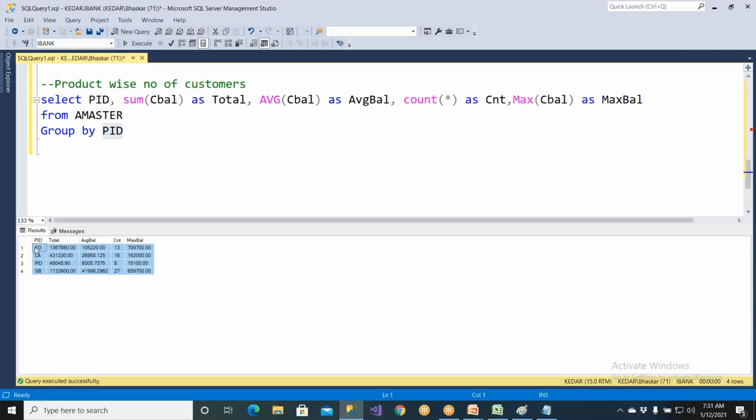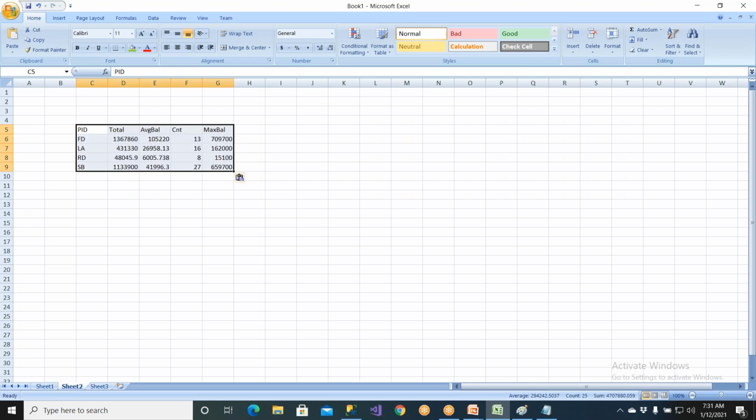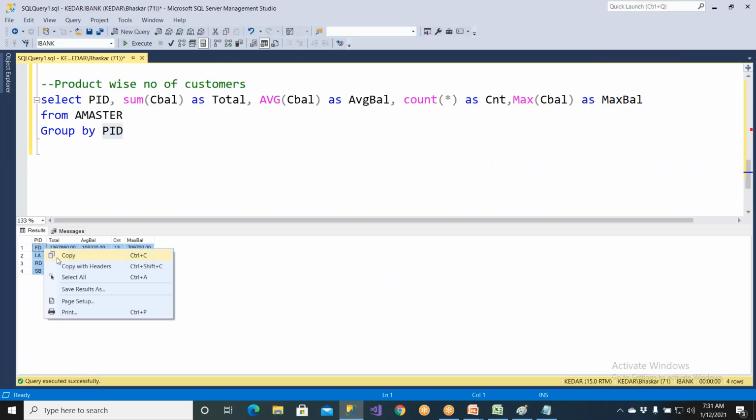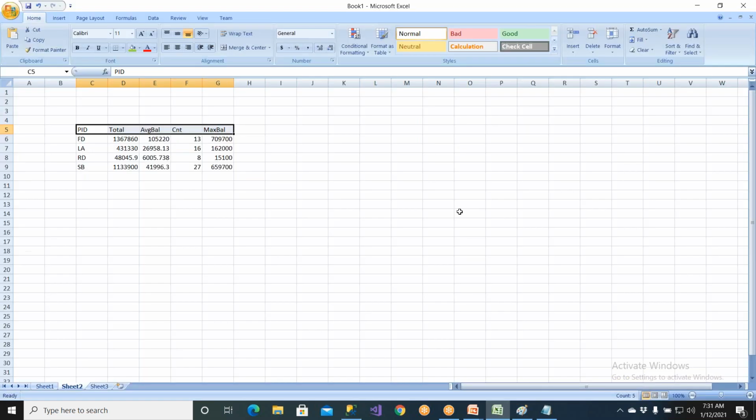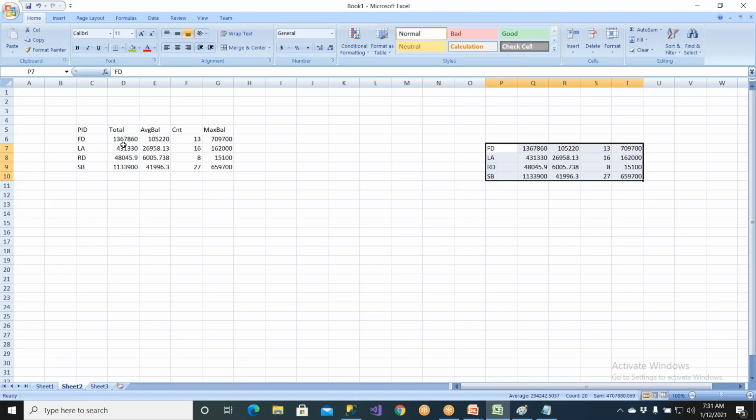Let me go here, copy, and copy with headers. Headers means column names also will get copied. You simply go to this corner and right click, copy with header. When you say copy with header, column names also will come. You just copy, and come here and paste it. No column name, see, there is no column name here. There is a column name here, right? So you should be able to get